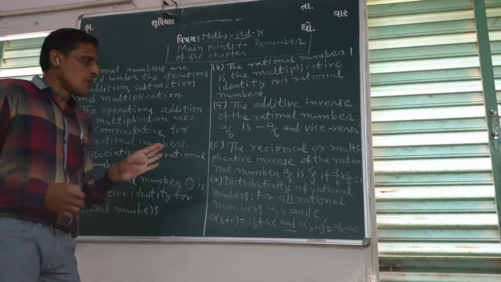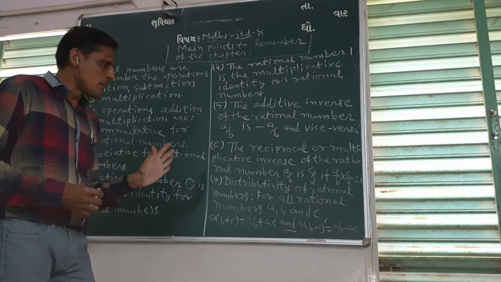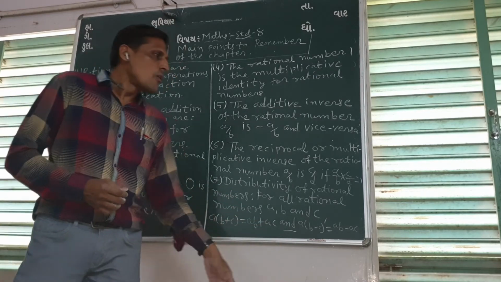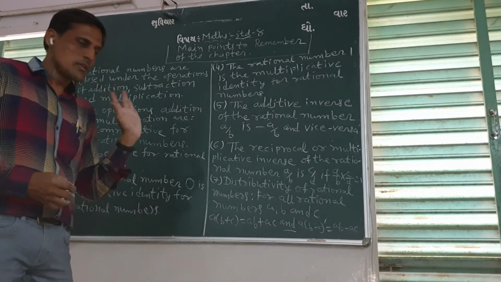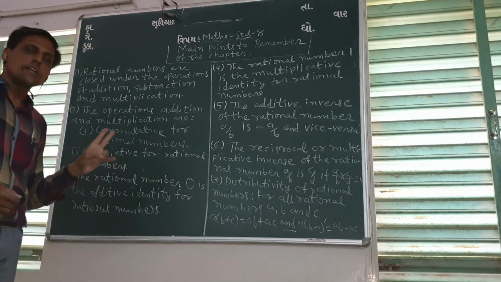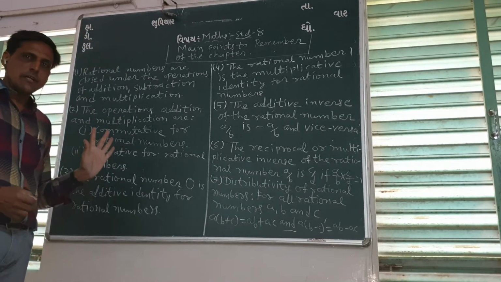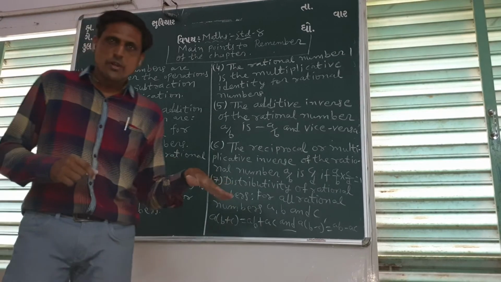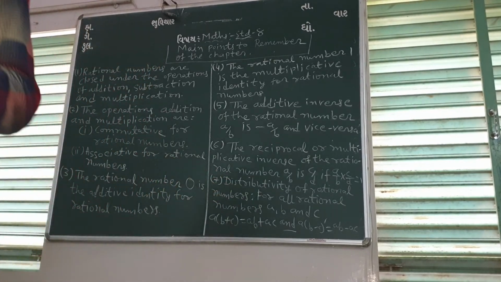Okay, do all of you understand? Did you understand properly? You have studied all this. All this we have learned in the chapter. Now we will write points 8 and 9, then the chapter will be over. Okay, write down.